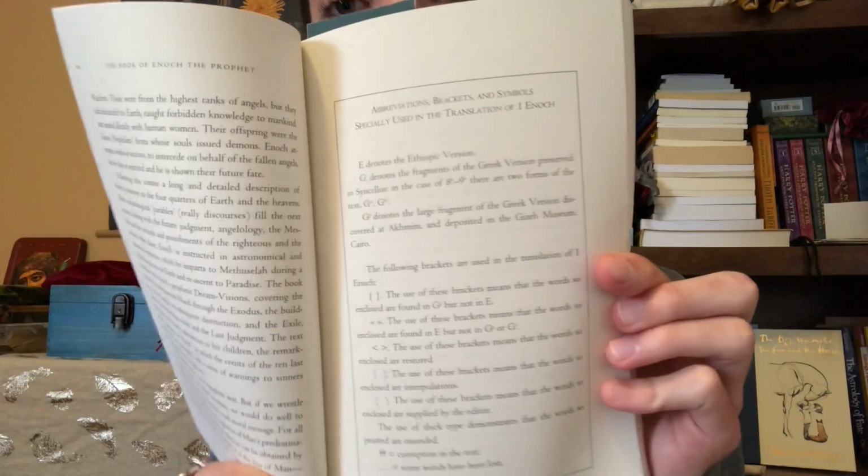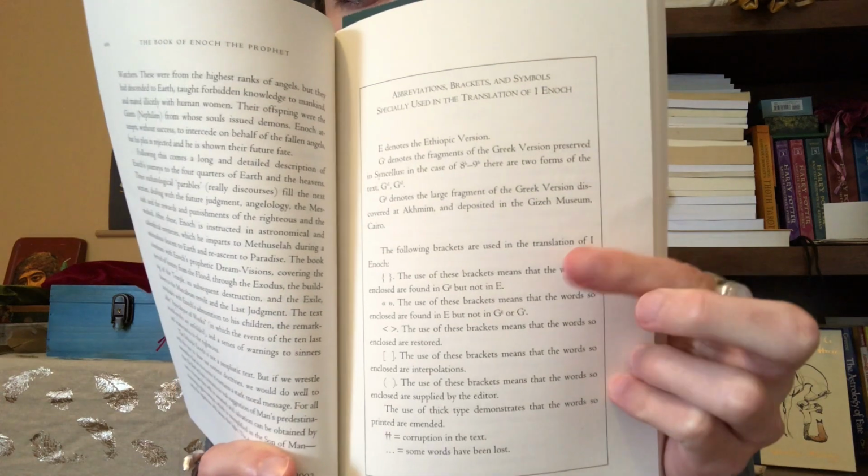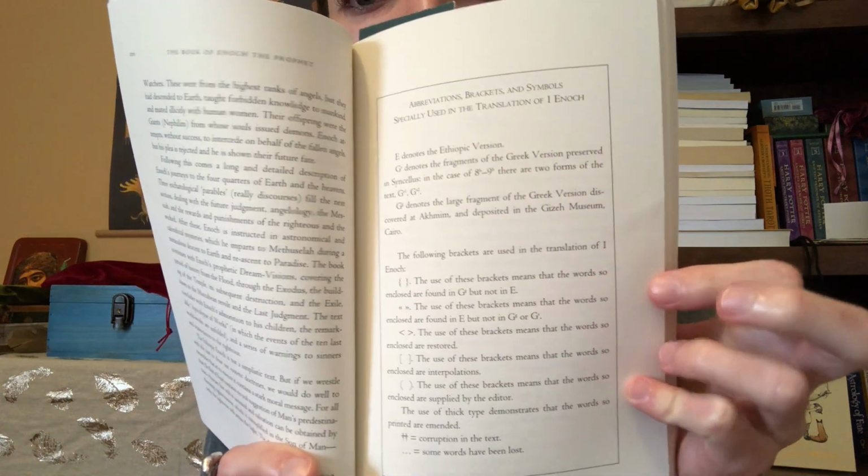I found this to be really important. Oh, okay. So you get this sort of key. When you see these certain symbols as you're reading, it lets you know that this was something the author decided to add. This is from an Ethiopian version, and that's how it was translated. You look for these little symbols, and you can know why or how a word was done, or why, for example, something was omitted. Was it just missing from the original version and that word is just unknown,